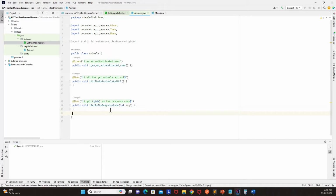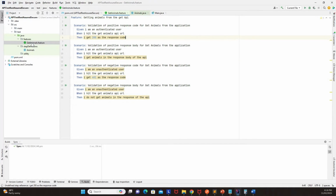By that time you are able to understand as well that there are 4 usages. So first, at the rate Given method, there are 2 usages over here. At the rate When, there are 4 usages. At the rate Then, there are 2 usages. Okay, so if I go back to get animals,